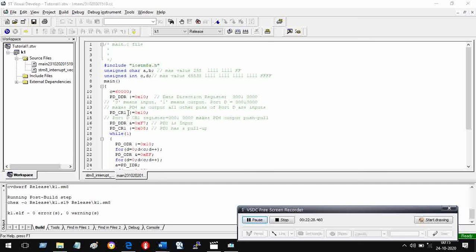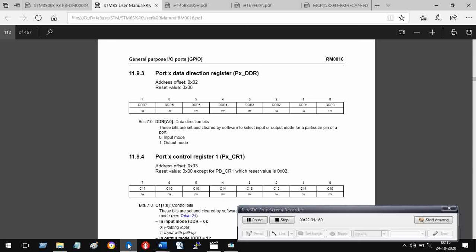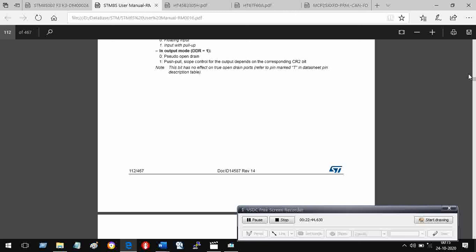Now CR1, we have seen that CR1 has two distinct meanings. Let me see again. This is CR1. What does it do? Now it is an output, right? So PD4 is an output. What will CR1 do to it?